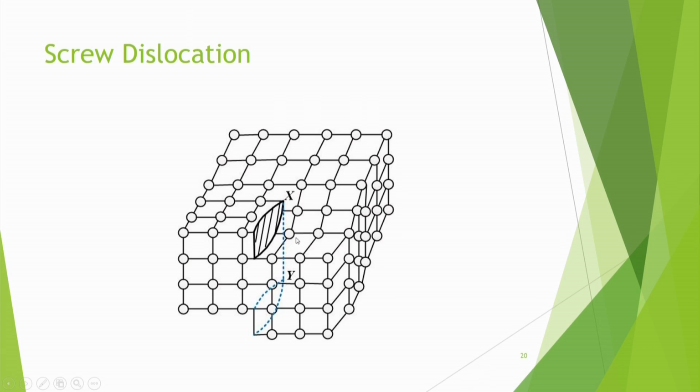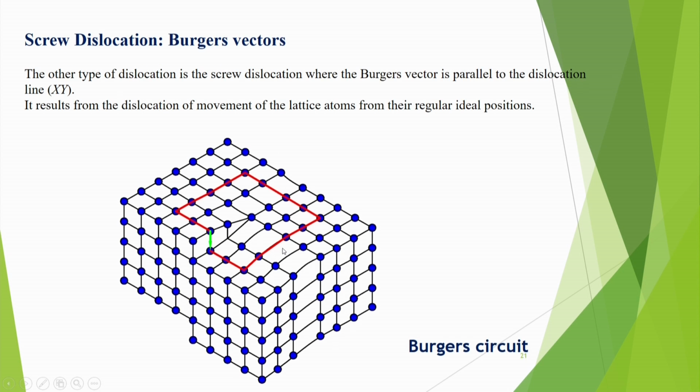So what is screw dislocation? Screw dislocation is like this, that here there is a sort of shearing. You see that here this half plane has sheared in this direction, and this is a dislocation line xy, behind that there is a perfect crystal. In this case, what you are observing you can observe by means of the Burgers vector here also, that you move in this one direction.